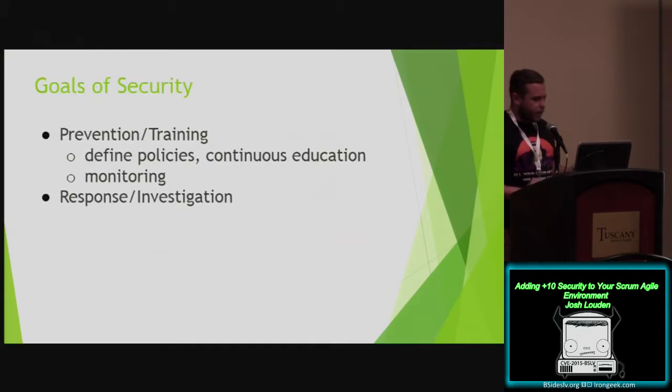So the goals of security, we have two main high-level categories: prevention and training, and response and integration. Prevention and training, we have things like defining policies, procedures, help to secure an organization, protect day-to-day operations, finances, continuous education of general individuals, like what you shouldn't do, monitoring the essentials, network tools, help to identify issues inside and outside the network, set up mechanisms to implement specific security policies, so your passphrases, your 2FAs,